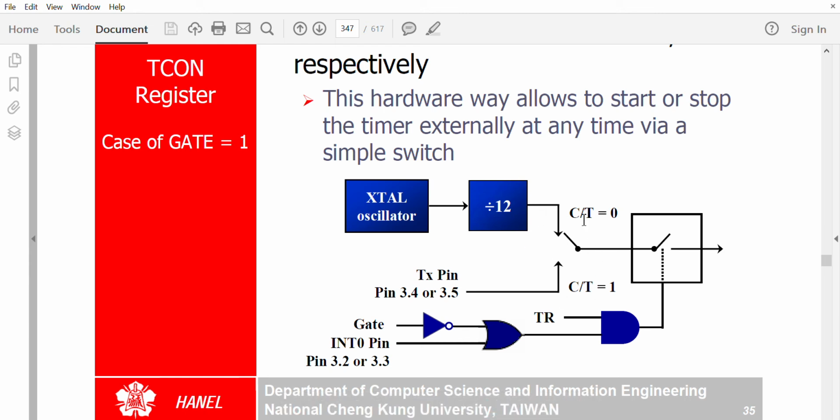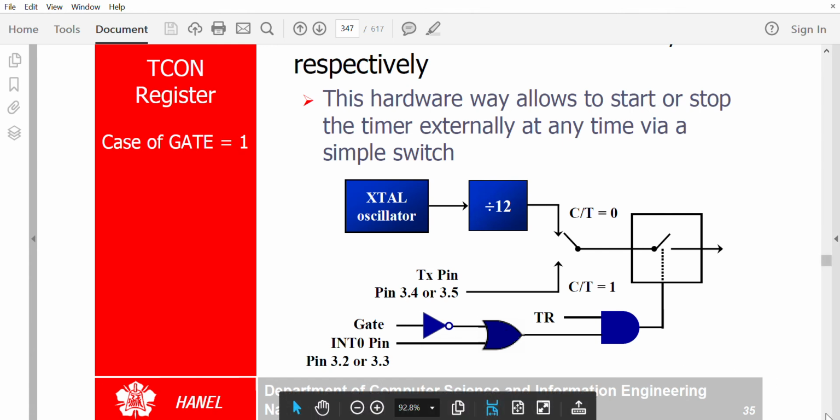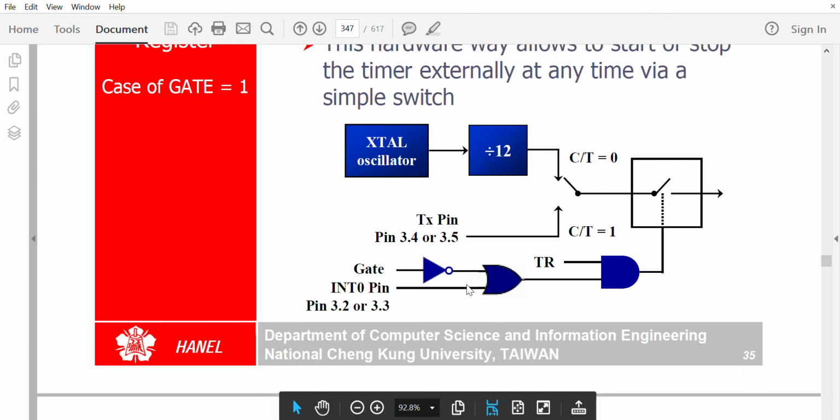So C bar T equal to 0 means it will be connected to the crystal oscillator. If C bar T is equal to 1, this switch will be connected here to 14 or 15th pin, depending on which timer you are using, timer 0 or timer 1. Then this is for gate. So here you have gate equal to 0 means the output of the AND gate, NOT gate will be 1. So that this OR gate will be 1.